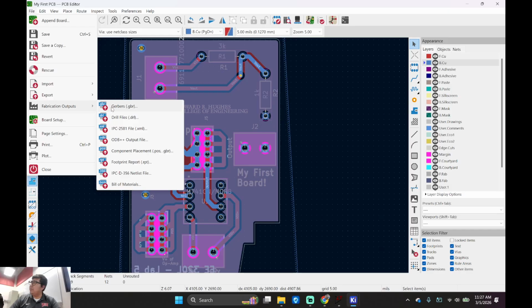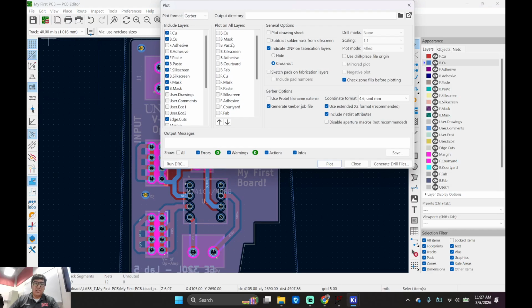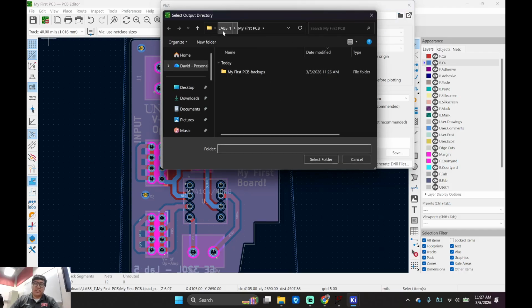Fabrication outputs, Gerber. Output directory. You're going to dump all your things here. This is my project name. I'm going to call this one Gerber. Okay, my universal op amp, or no, I don't know.